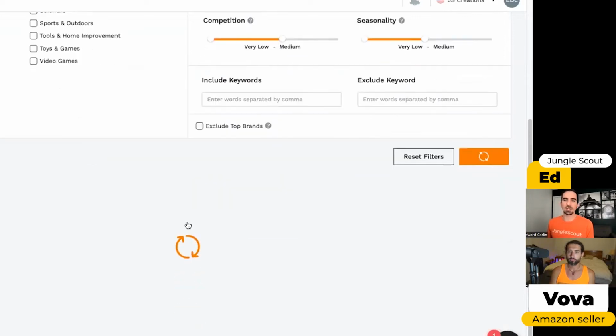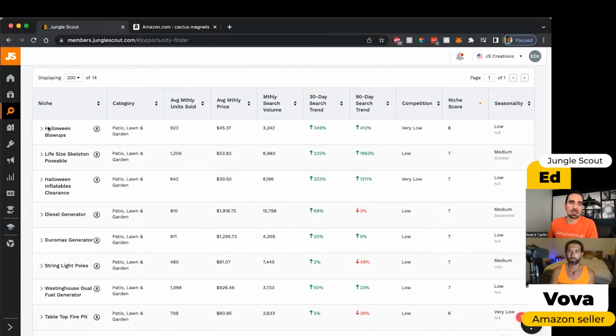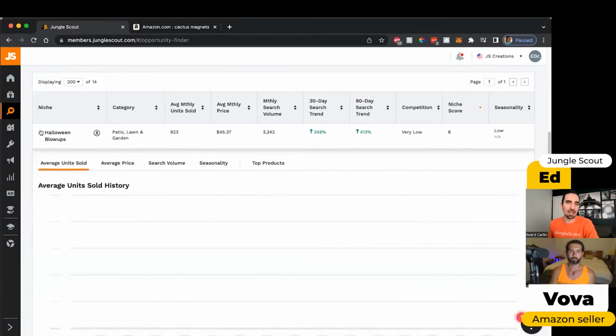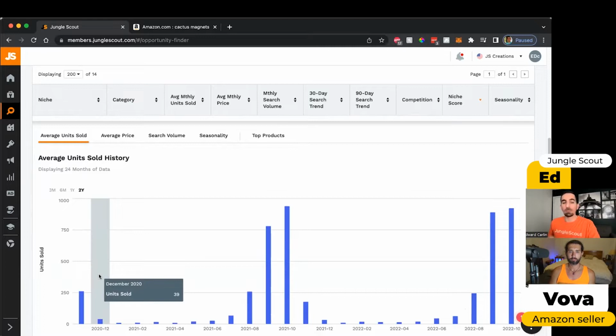And so when I click search here, the table, as you can see, looks fairly similar to the one we saw in Product Database, except over here now we can see these phrases. So "Halloween blowups" is an entire search term that includes multiple individual products. Life-size skeleton. Right now it's October in North America, so Halloween is coming, and that's why we're seeing a lot of these products. But if I expand, this will show me a historic chart